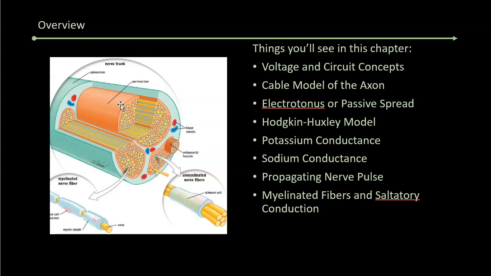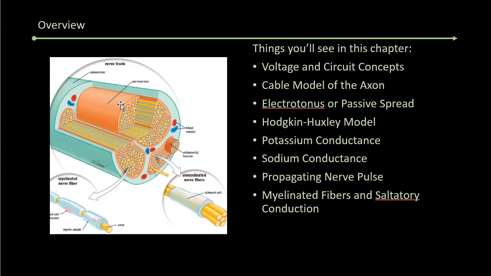Things we'll do in this chapter, we'll look at voltage and circuit concepts because we're talking about electrical signal propagation at some level. We'll look at the cable model of the axon. This is a model that's really just like the old telegraph propagation. So cable model of the axon, electrotonus or passive spread, a Hodgkin-Huxley model. Hodgkin-Huxley got this little thing called a Nobel Prize back in the day. We'll look at potassium conductance and sodium conductance. We'll look at how nerve pulses are propagated, and then we'll look at the effect of myelinated